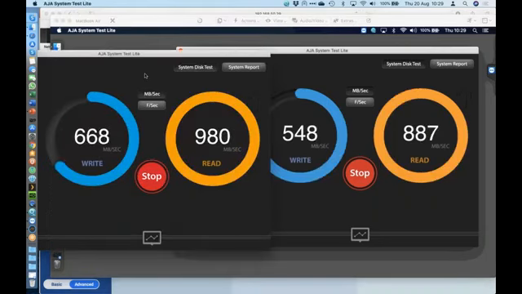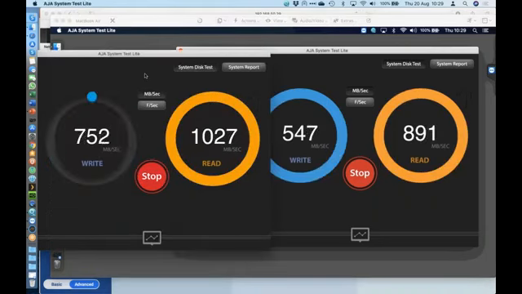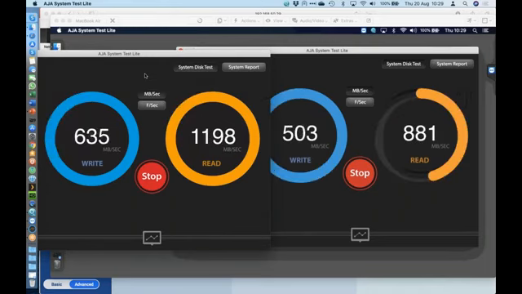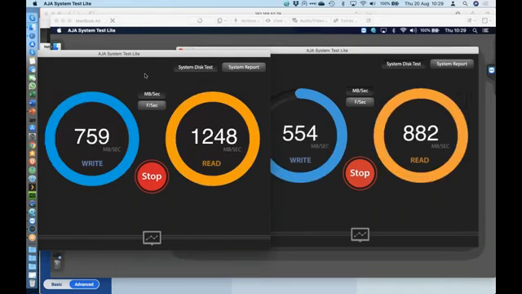So here the combined bandwidth between these two, oh sorry, cat's fighting out the window, but these two units together